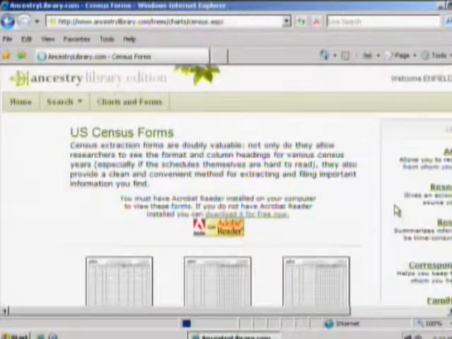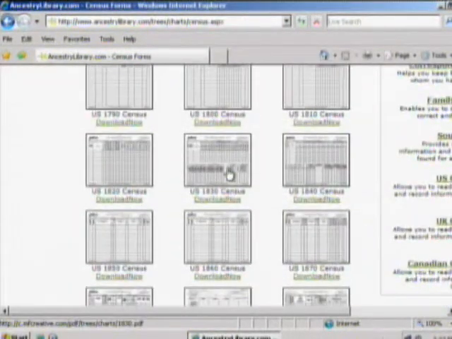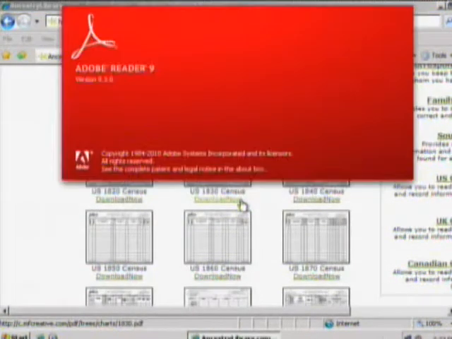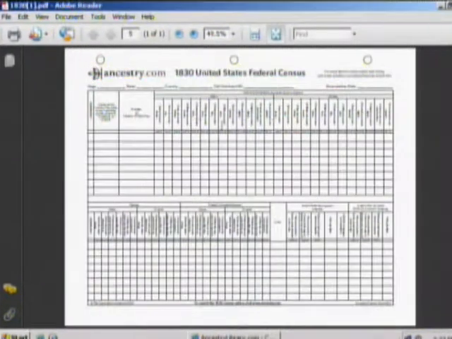Census forms that I had talked about, and these are the cleaned up versions of things that may be difficult to read in the original primary documents. These are, as I said, cleaned up versions. They're actually typed out so that we can read them. They're not the original fuzzy images that we have on the record itself. So these are going to come up in just a simple PDF file.